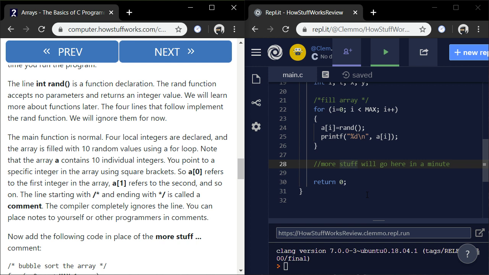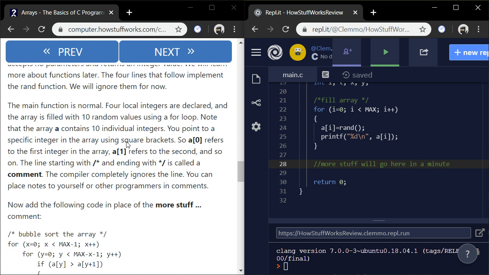Wasting valuable time. These are single line comments. Let's just call them that: single line comments and multi-line comments. Multi-line comments use /*, and they have to be terminated the opposite way, with */. And single line comments use //. The compiler completely ignores the line.